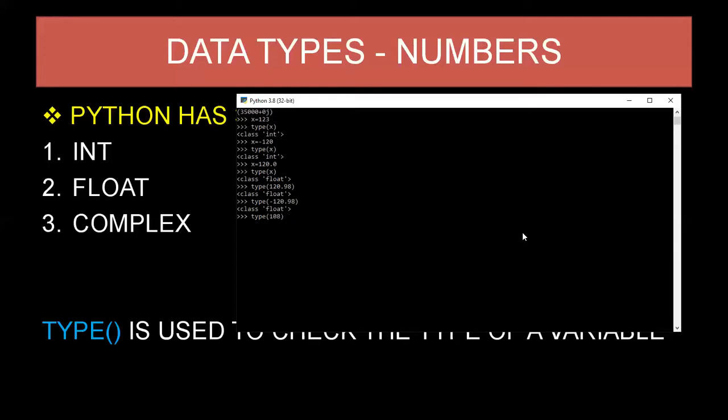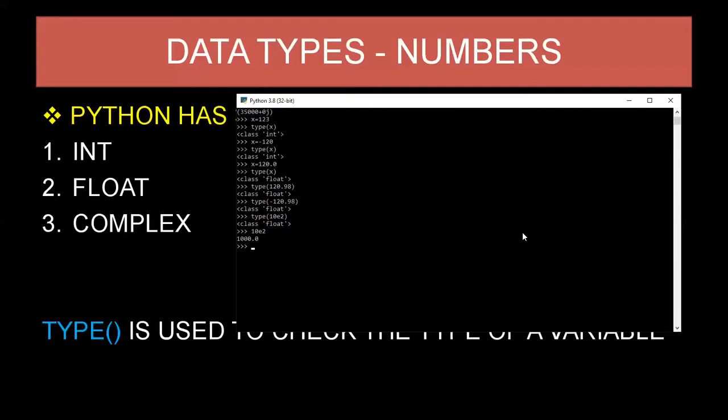Let's say 10e2. Now think about it. What should be the type of this number? This is also a float number. Why? Because if we print this 10e2, it is printing 1000.0, because float can also be scientific numbers with an e to indicate the power of 10. So here e is indicating the power of 10. It is indicating 10 raised to power 2. So this is printing 1000.